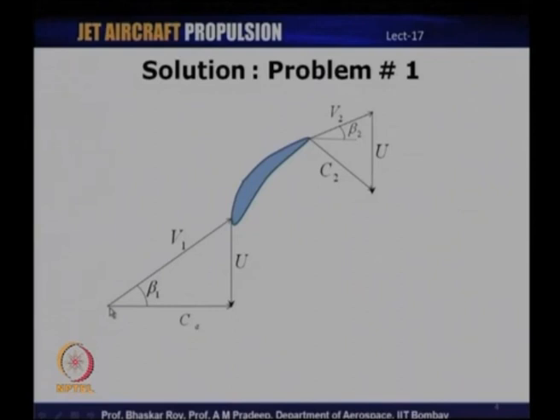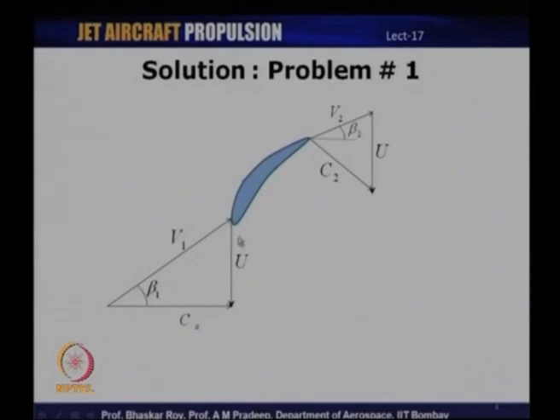In this question, we have been given that the axial velocity is 150 meters per second at the inlet, and there are no inlet guide vanes. If there are no inlet guide vanes, it means that whatever velocity is coming in enters the blade axially. That is, the inlet absolute velocity C1 will be equal to Ca, and it will be in the same direction. This is because there are no inlet guide vanes,